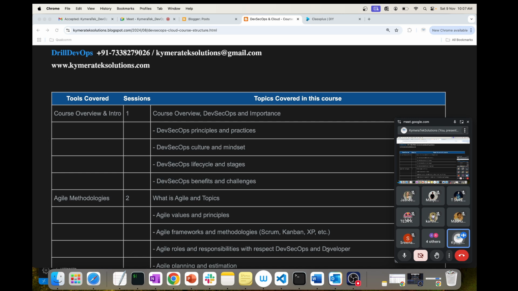Coming to the topics, what I have kept in this particular course is pretty basic. To understand on a high level, I'm covering three pipelines. One is the CI/CD pipeline, which involves build and release, where we build the code and create the release.